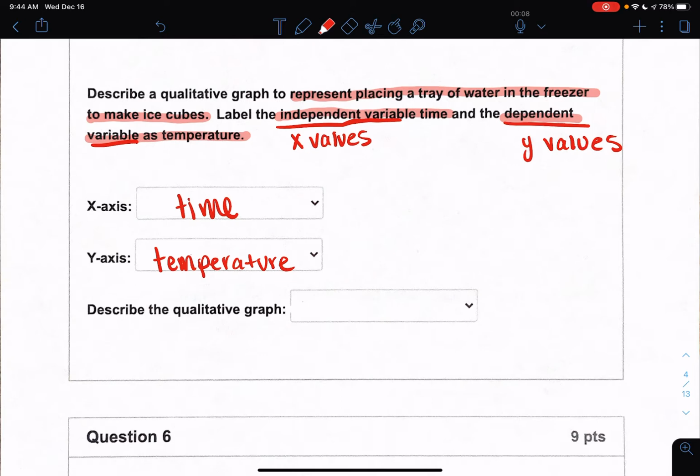okay? If your water is at 0 degrees, that means at that point it's super cold. I mean, it's not room temperature water, okay? So if it's starting at 0 degrees, which is your origin, your water's not going to be at 0 degrees, okay? So starting above, because your room temperature water is going to be above 0 degrees,